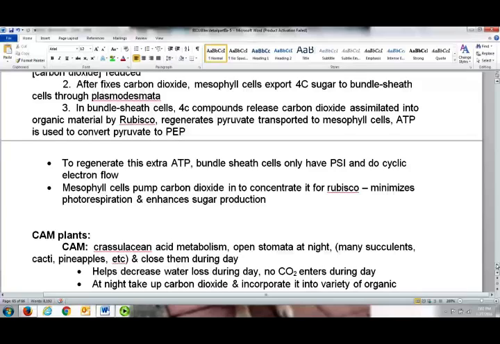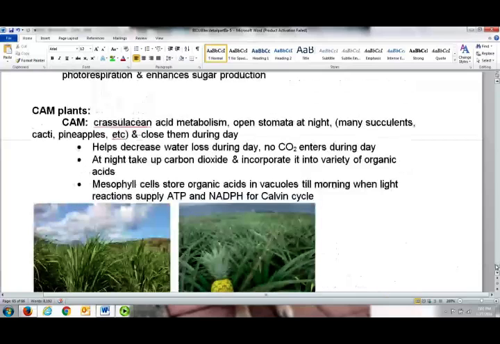So we have one more adaptation, and these are the CAM plants, which stands for crassulacean acid metabolism. This is going to include a lot of the succulents, cacti, pineapples, etc. These are going to open their stomata at night and then close them during the day. So it's going to help decrease the water loss during the day, but there will be no carbon dioxide that